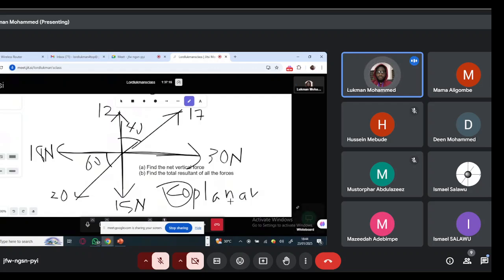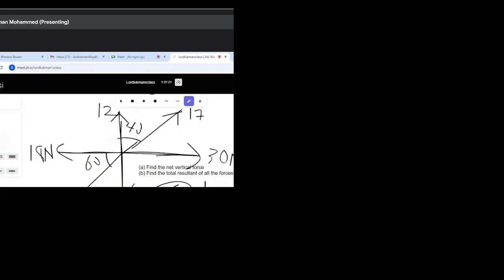So when vectors are parallel, number one, parallel coplanar forces, they are parallel. You know the meaning of parallel. They are going in the same direction. Look at this, they are parallel. Even though this is pointing up, this is pointing up, even this third one is pointing down, they are still parallel, just that the direction of the third